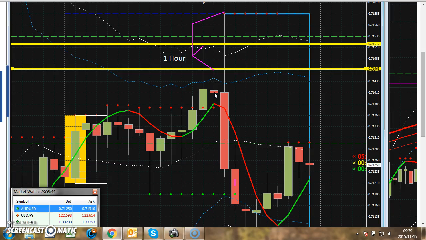So basically what I do, on the top of these pins, I put in a yellow line. Because when this bar opens and goes that way, there is a very good chance we're going to get a nice setup for Sniper. In all the other charts, you guys are only going to see the 1 minute, because it takes a lot of time to show you the 1 hour as well. But you will see there are yellow lines, and those yellow lines, you must know, on a 1 hour are at the swing high, and at the bottom at the swing low. So let's start and go to the first one.